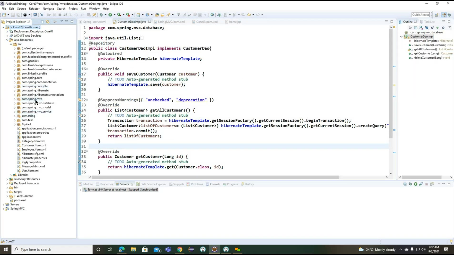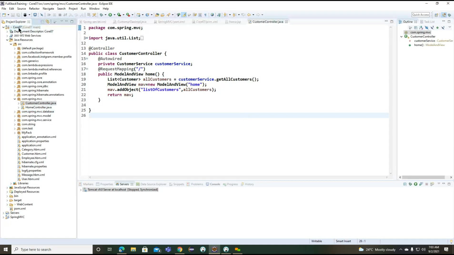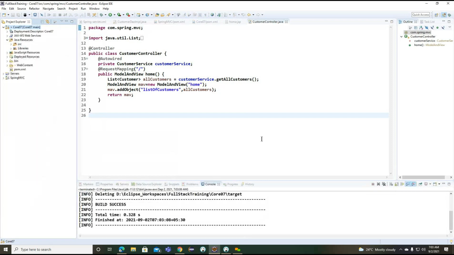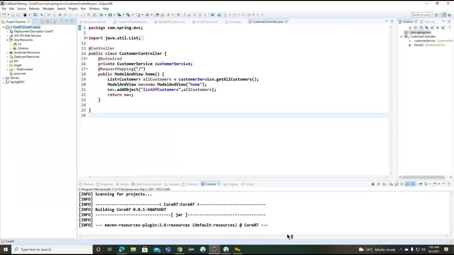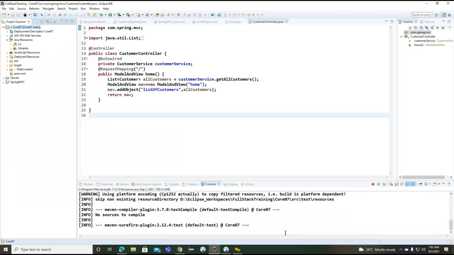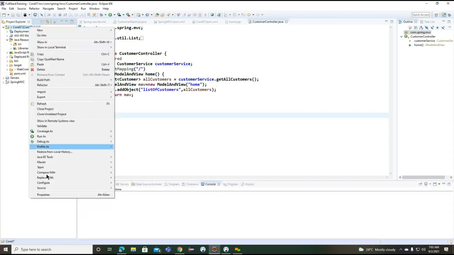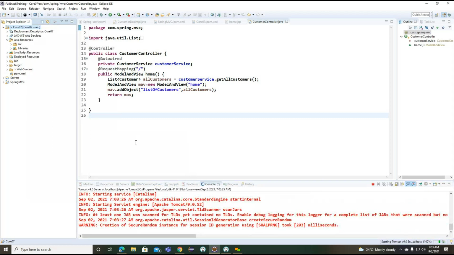Let me open our MVC. So we don't have this particular custom controller. Let me clean this application one more time. Basically, because of some changes here, it's not taking properly. So it is our version issue here. We'll try to run one more time.